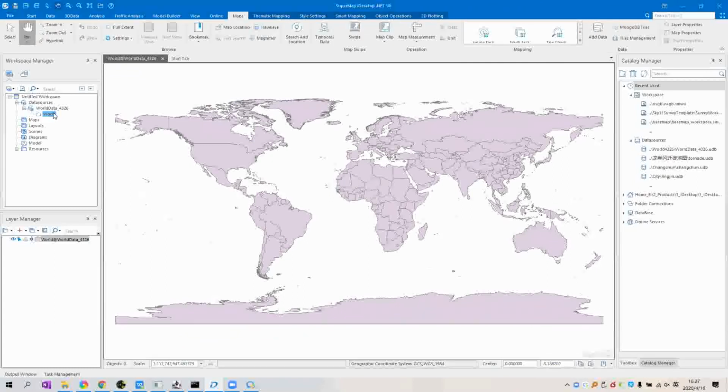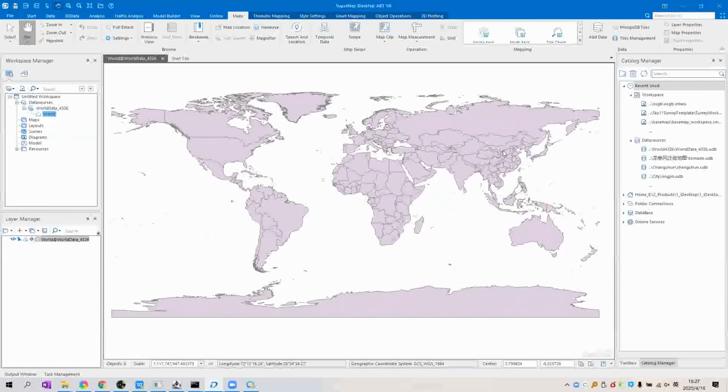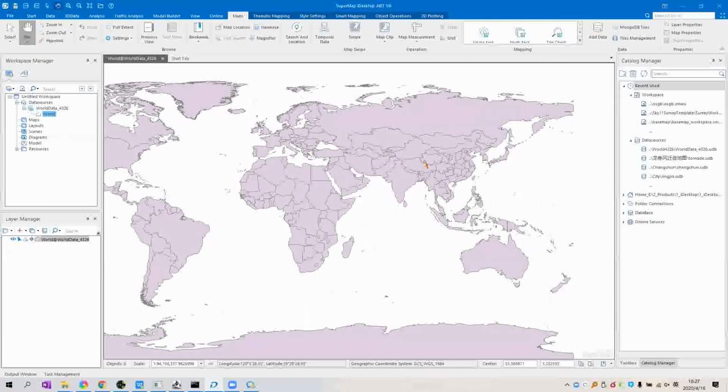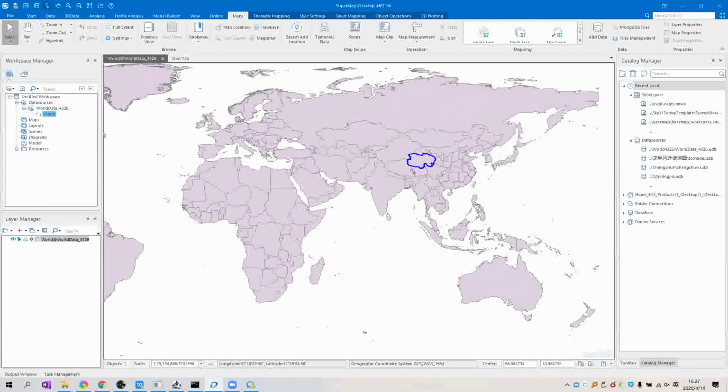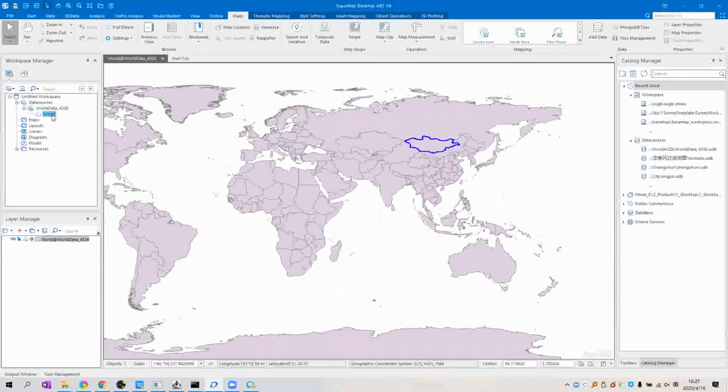Okay, now we can see this is the data inside. And there is only one data set, which is world. But here we need to notice that only China is divided into different provinces, but others are based on country. Like here is the Mongolia, and we can right click at the data set